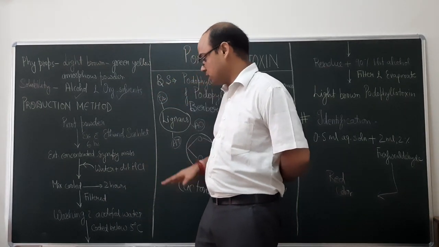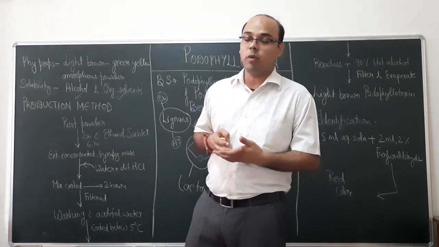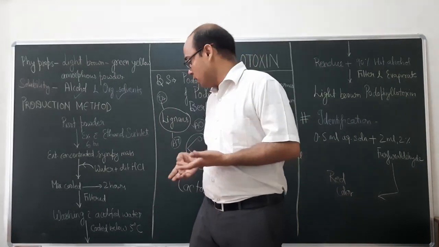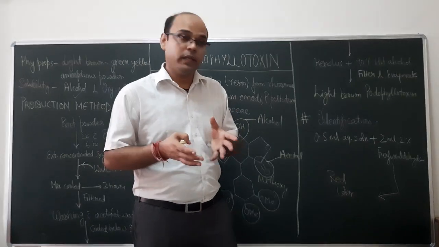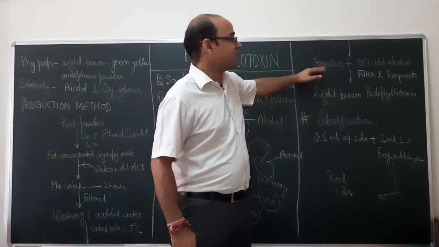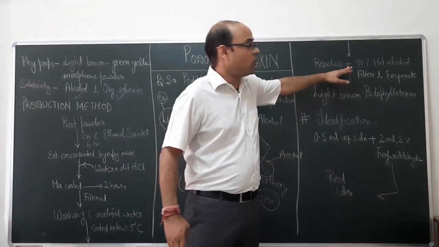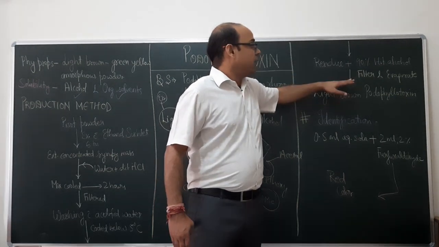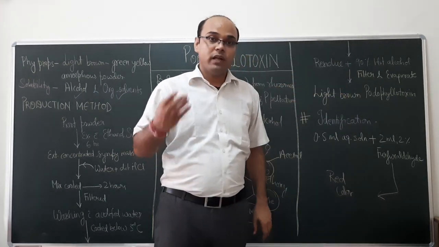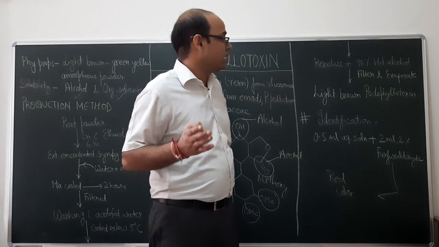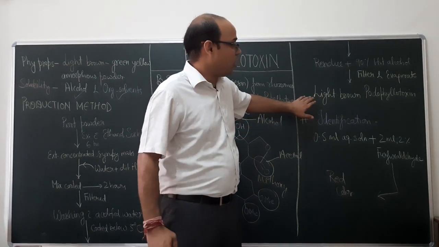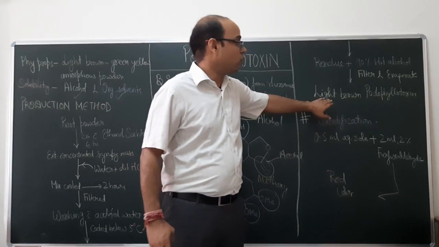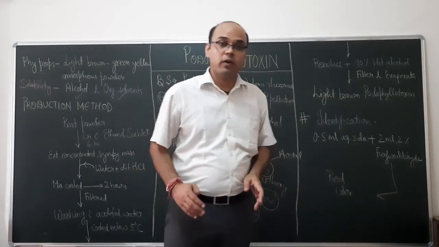After these washings, the mixture that we obtained is cooled at 5 degrees Celsius or below, and after cooling the residue is mixed with 95% hot alcohol. The mixture is then filtered and evaporated under rotary vacuum evaporator, and we obtain the light brown powder of podophyllotoxin